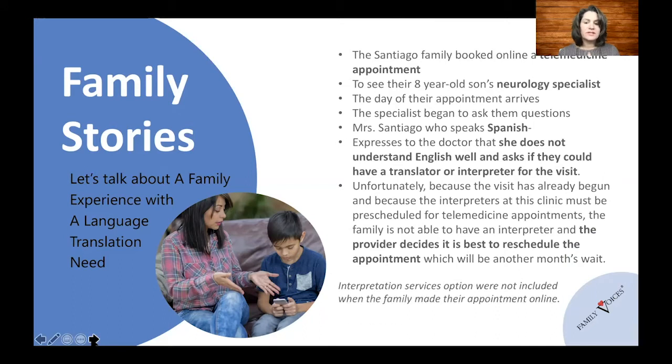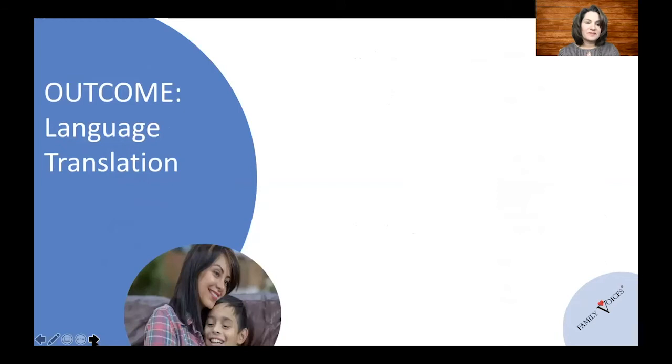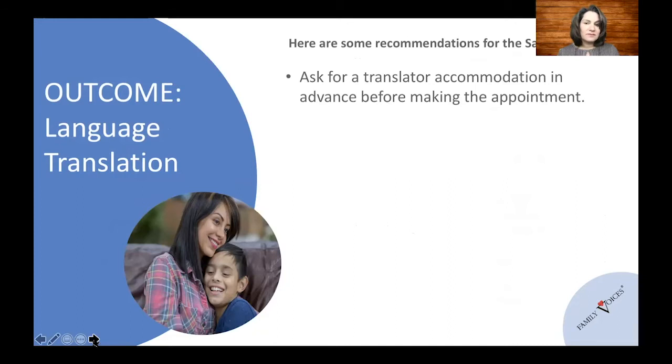Unfortunately, interpretation services were not included when the family made their appointment online. So what to do in this situation? There can be some positive outcomes. So the recommendations for the Santiago family would include, again, asking for that translator accommodation in advance before making the